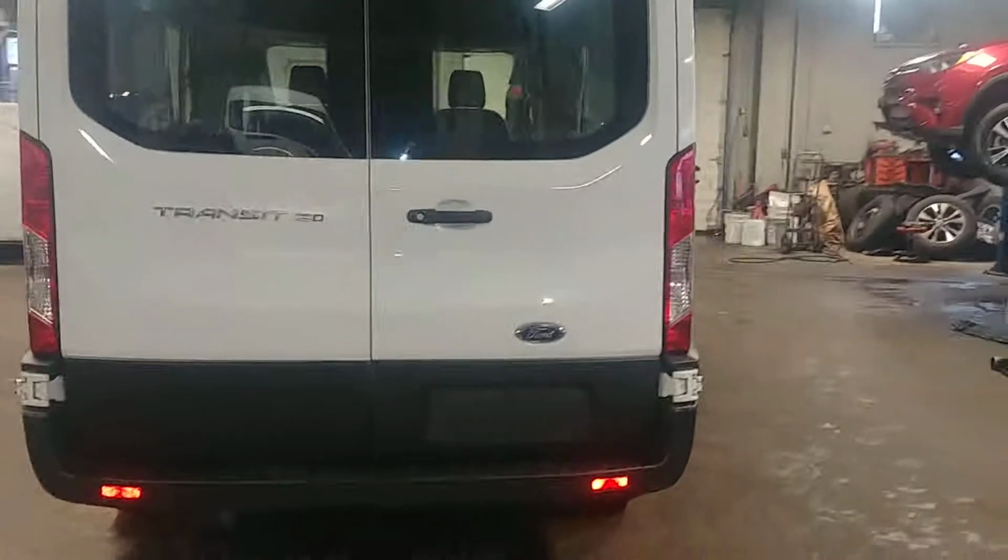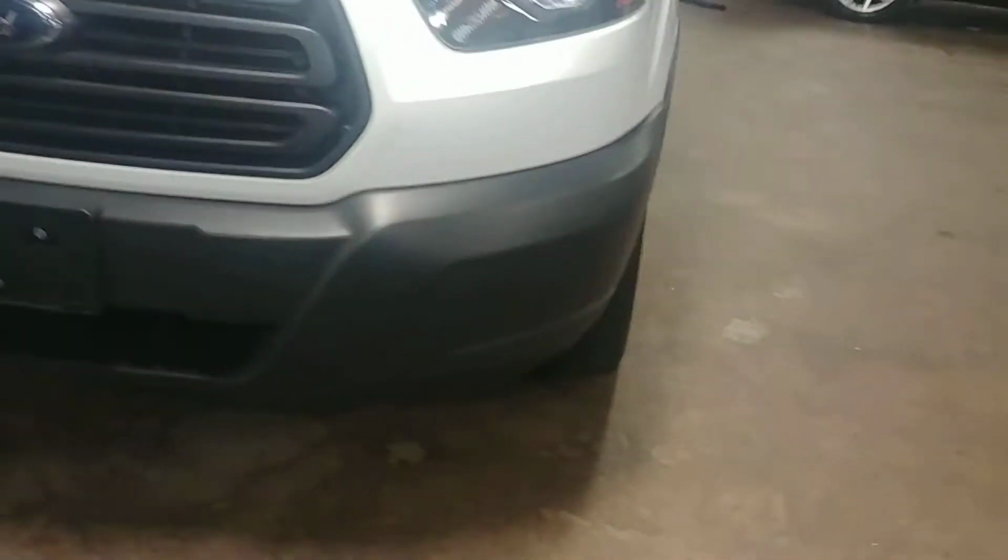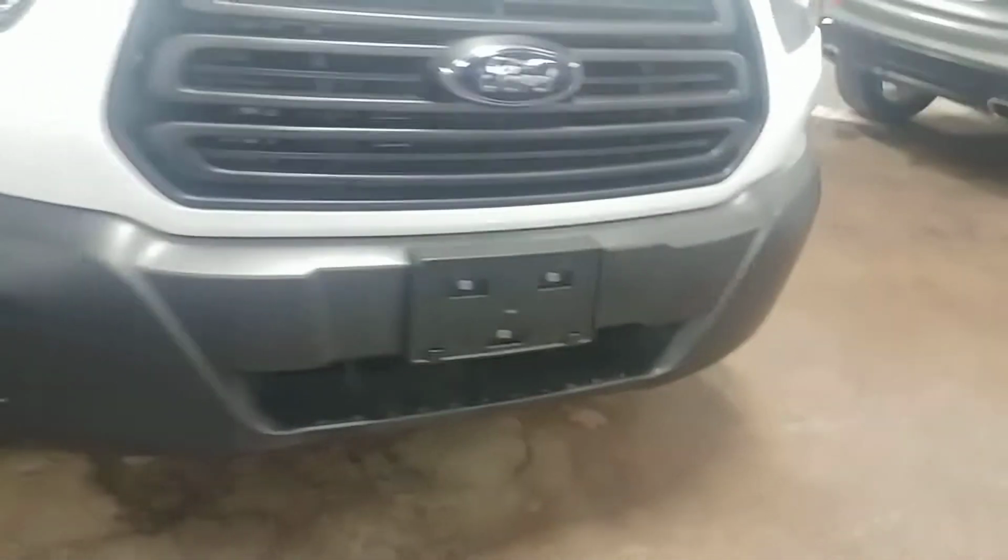2018 Ford Transit. It is the T150 mid-roof short wheelbase with 22,000 miles, I believe. Or I'm sorry, 19,000 miles. White with the gray vinyl interior, AM/FM stereo system, backup camera, power windows, power door locks, super nice, and best